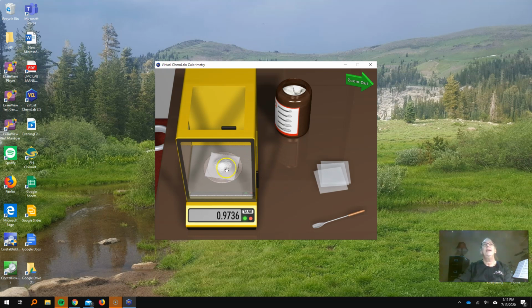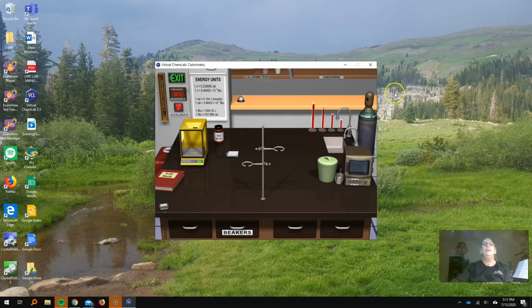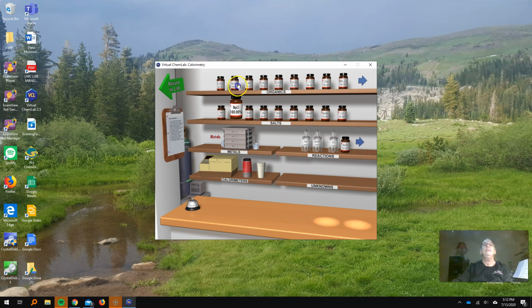Alright, so now I'm going to get rid of that, and we're going to put the top back on that guy. We're going to zoom out. We're going to take that sodium chloride back to the stockroom and put it back where it goes. Always good lab practice to put everything back where it goes. Now the next one says